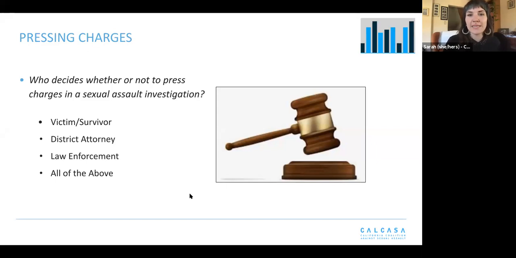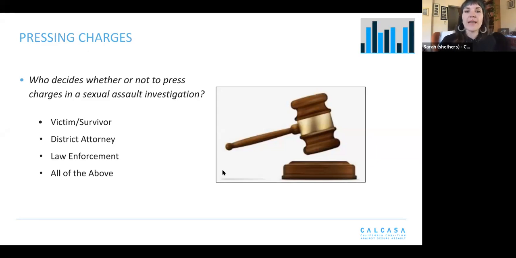71% of folks think it is the district attorney alone who makes that decision. 18% think it's all of the above, and 12% think it is victim survivor. And as I anticipated, nobody thought it was law enforcement, which I said on our practice call this morning. I said, nobody's gonna pick law enforcement. So anyways, it is actually the district attorney who makes the decision about whether or not